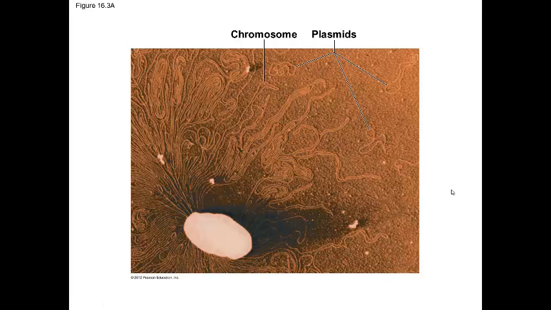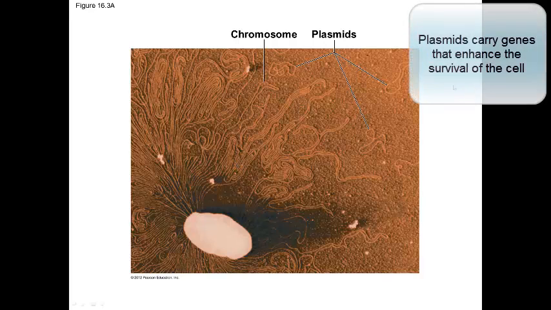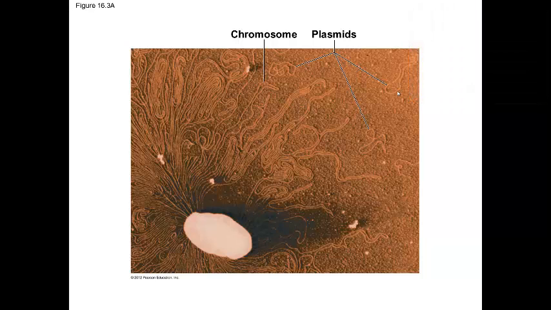The DNA inside of a bacteria is about 1/1000th of the amount of DNA that we see in eukaryotic cells. In this slide, the DNA has been allowed to be released. You can see all of this stringy-like substance here, and that would be the chromosome for this particular bacterium. There are also DNA components that are called plasmids, and there are a couple of plasmids here. These are small circular pieces of DNA that are also found in the bacterium, and we'll talk more about these when we get to the chapters on biotechnology